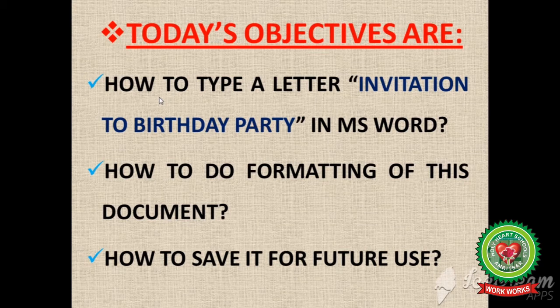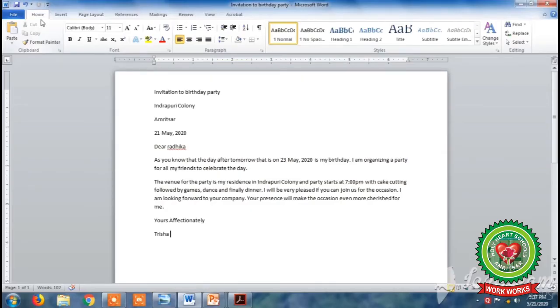So the main objectives of the day are how to type a letter invitation to birthday party in MS Word, how to do formatting of this document, and how to save it for future use. So now open Microsoft Word window. Our Word window is opened on the screen, and students, you can see that by default Home tab is open,